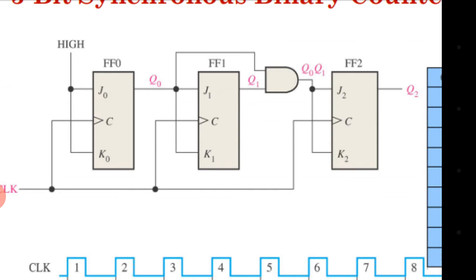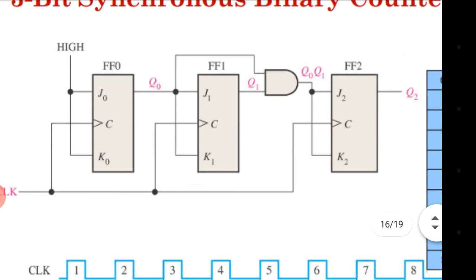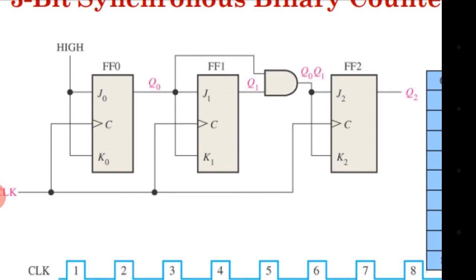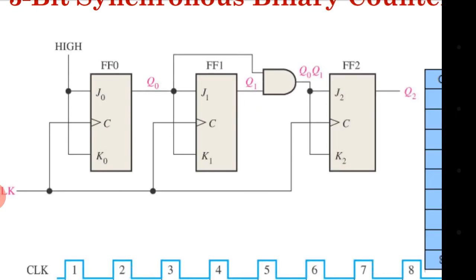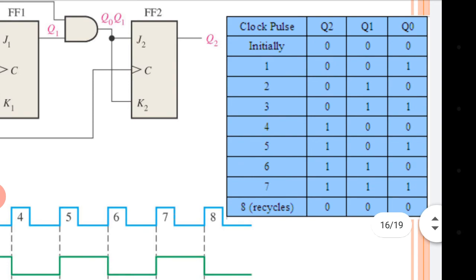The inputs of the first flip flop are connected to 1, so J0 and K0 are connected to 1 for F0. For F1, both the inputs are shorted together and equal to Q0. For F2, an AND gate is used and the outputs of the previous 2 flip flops are connected. And if we have to go for the 4-bit synchronous counter, we have to repeat that, and the inputs of the AND gates will be Q0, Q1 and Q2. Now what is the reason for that? Observe the truth table first.